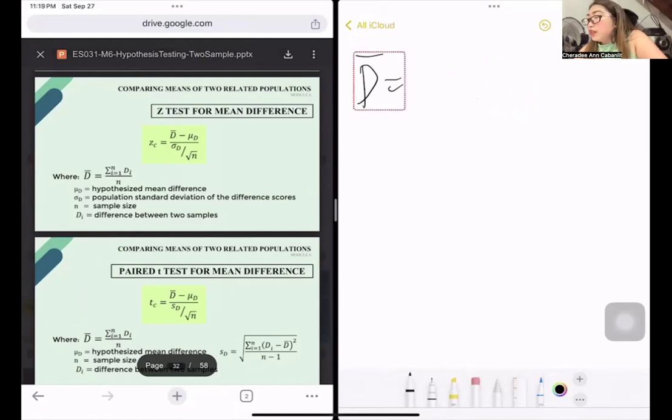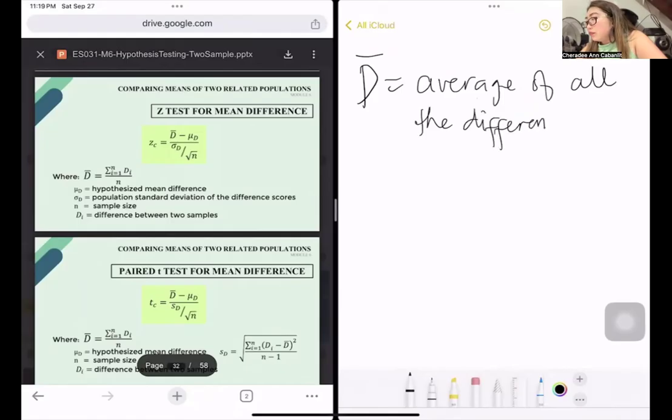This is actually the average of all the differences. So how do you compute that? Meaning to say, sample 1 minus sample 2 is a difference, sample 2 minus the other one, the related one, all the differences you average. That's what you did. That's the reason for the summation of all the values, no?